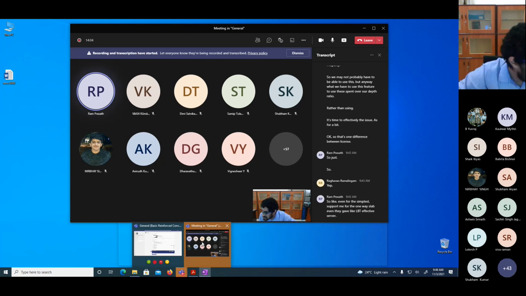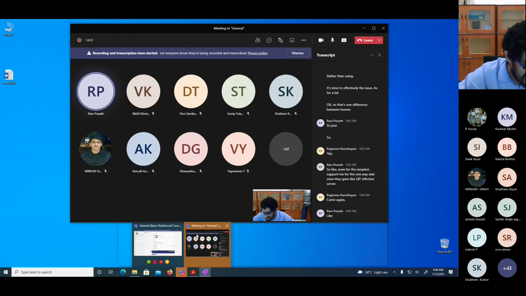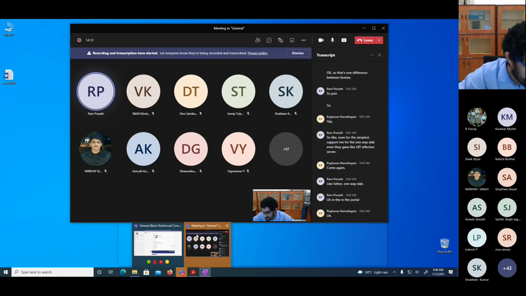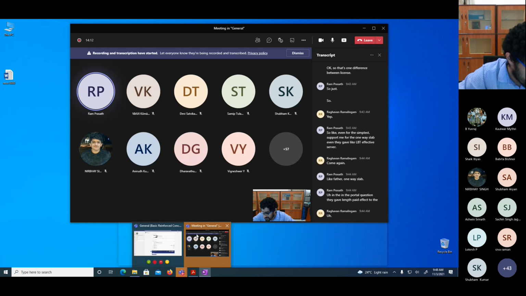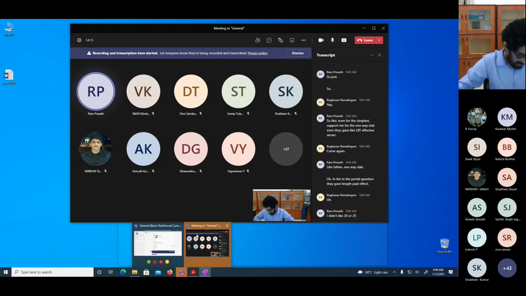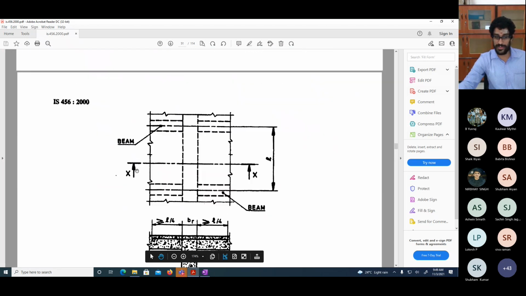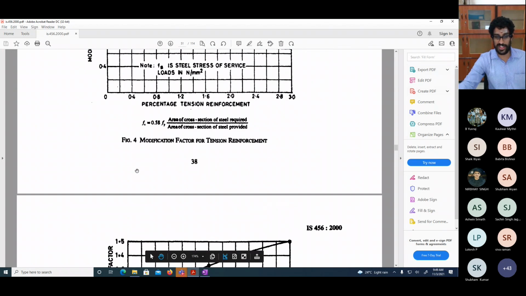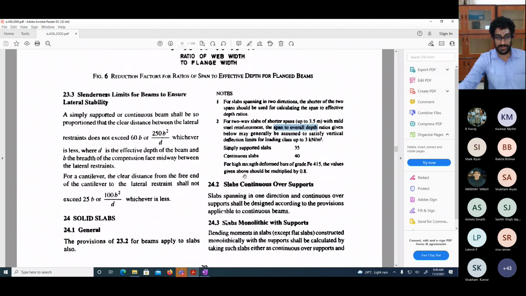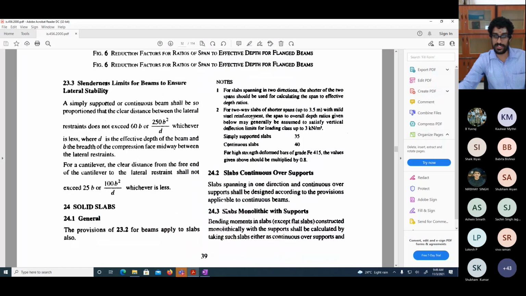Come again? For the one-way slab, in the total provision they gave a length by effective depth ratio, sir. Like it will be 20 or 25 or whatever. No, that's the thing. There's no specific specification saying for a one-way slab use a specific ratio. Okay, so can we use both L by D effective ratio or... See, when you come to solid slabs, this L by D ratio, you have some provision only for this.